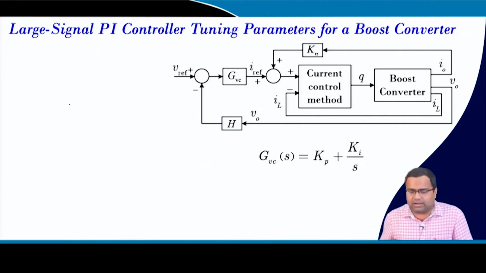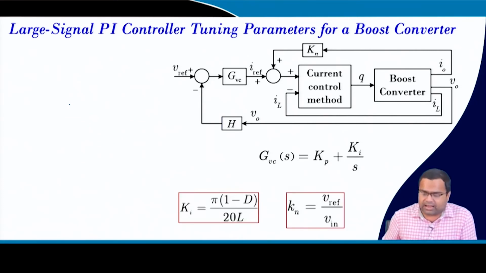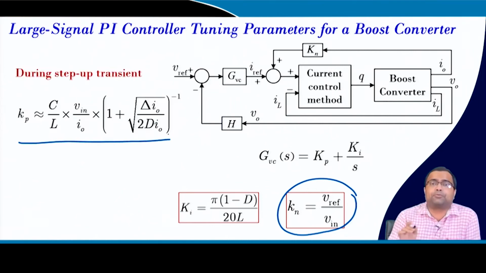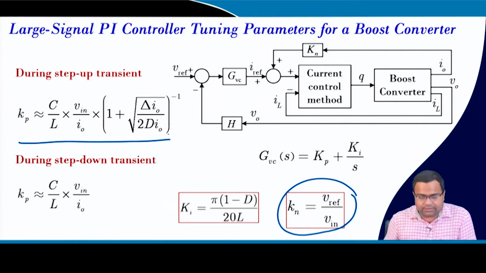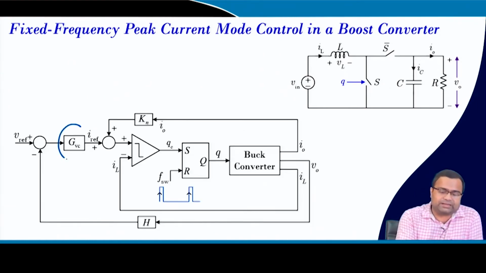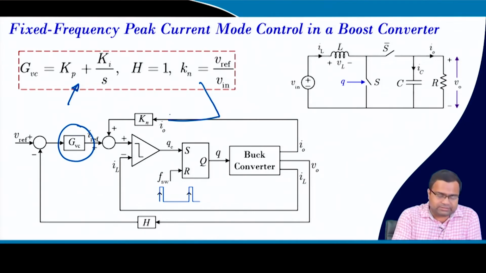Now, if you take a boost converter, again you can do current mode control with normalized load current feed forward, and here the normalization factor will be Vref by Vin, and we have derived for step up transient the proportional gain can be approximated by this, for step down it can be approximated like this. Now, we can implement in fixed frequency control, we have to set the right parameter, okay, it is a PI controller, Kn equal to this, that means, sorry, this is the Kn. So, our Kn equal to this,